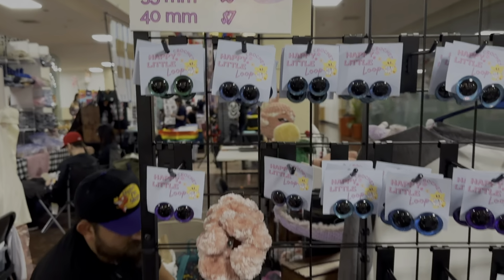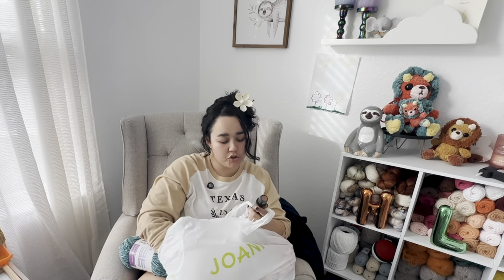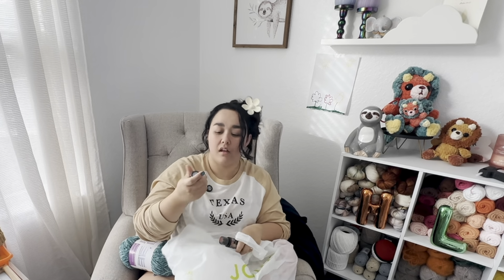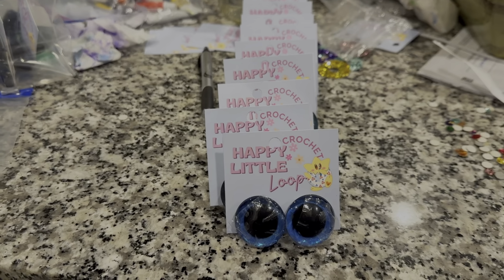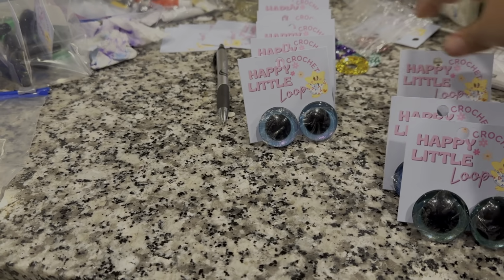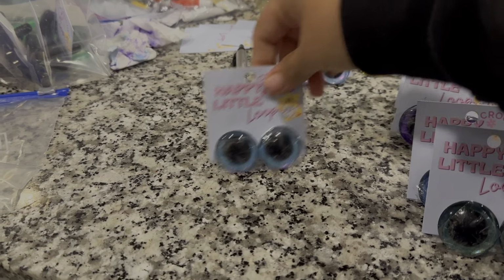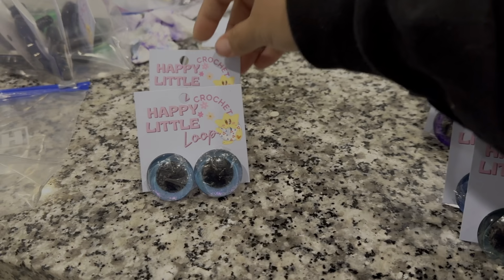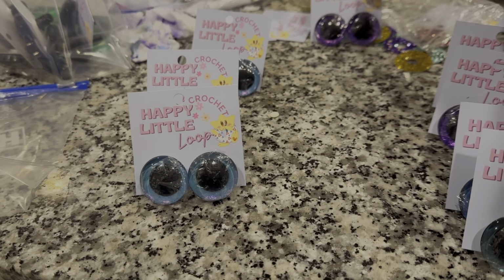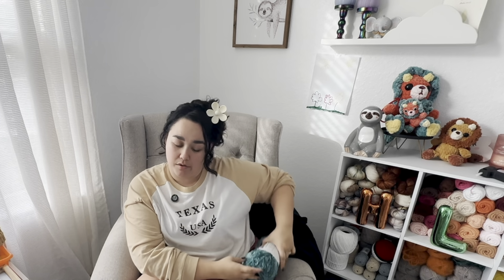And then I got 2 paints. I got Dragonfly Glaze in Violet Blue Green Shift. And so this is a top coat. It's just pretty. And then this one is Gold Red Violet Shift. And so those are just to go in my paint collection. They were having a little sale. So I got those. And since they didn't have Baby Bear at Joann's, they were having a 50% off sale